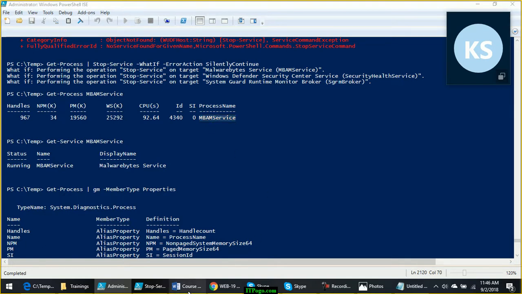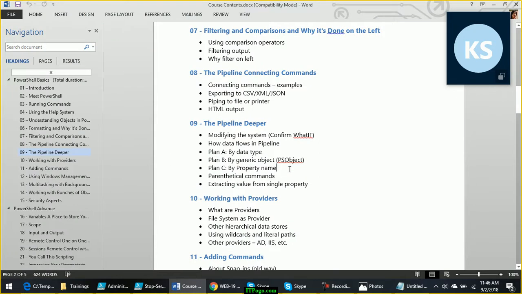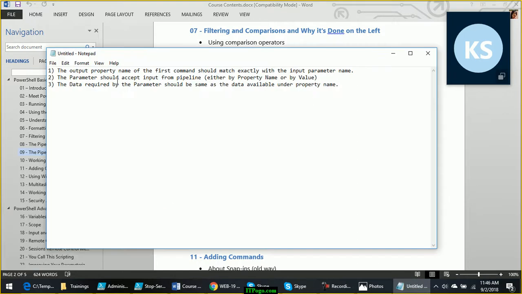That is how plan C works in PowerShell. And when we develop our own cmdlets, at that time we will be implementing plan C. And even if you don't understand it completely here, at least understand the basic rules: that the property name should be the same as the parameter name.